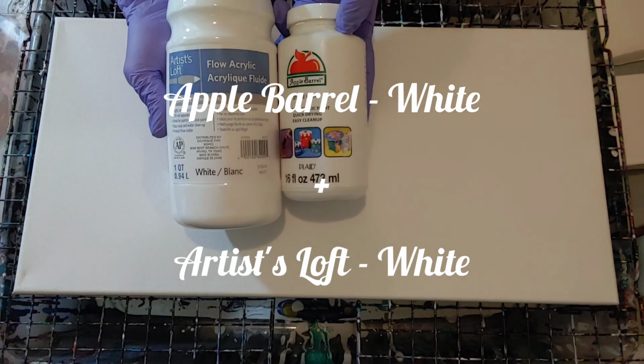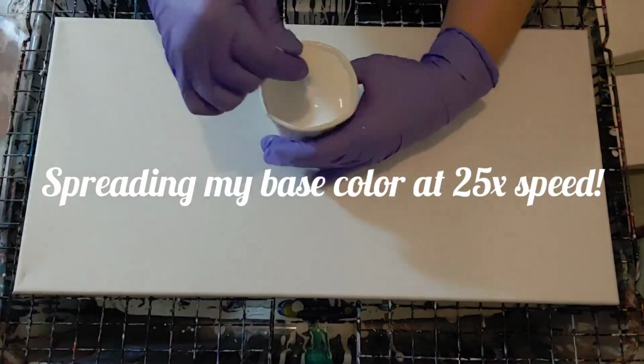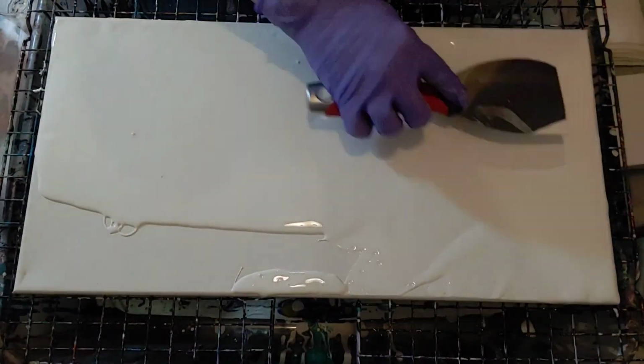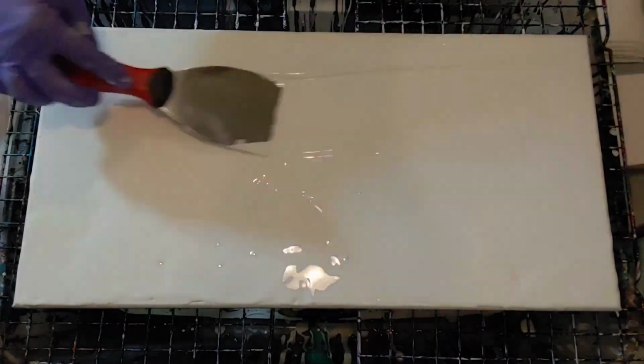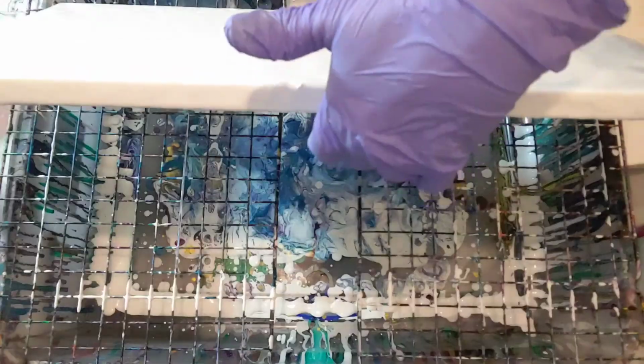I am working tonight with a 10-inch by 20-inch canvas, and I mixed the last of my Apple Barrel white with some Artist Loft white because it was in stock and I finally have some. So just spreading that out super fast. As you can see, there is a little bit of oil in my paint, and that is why the paint